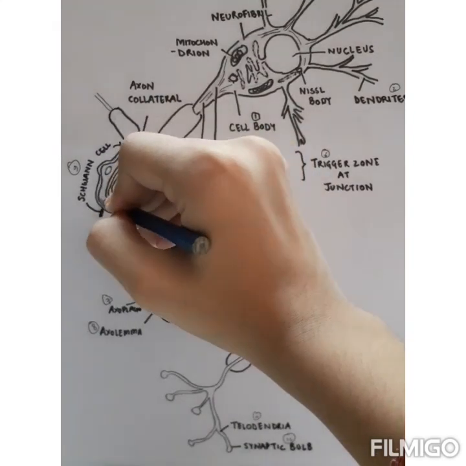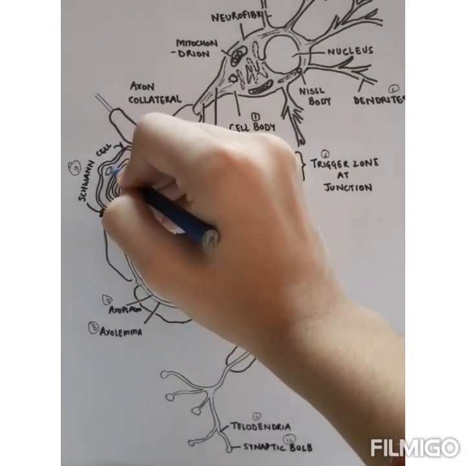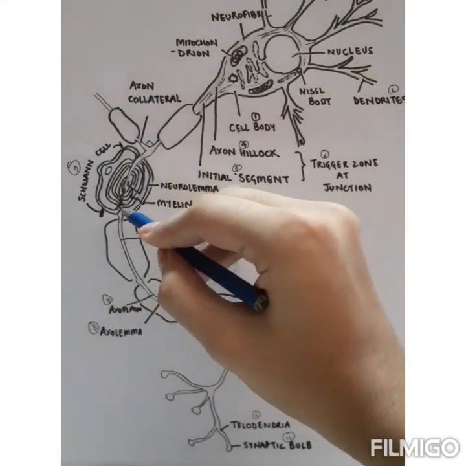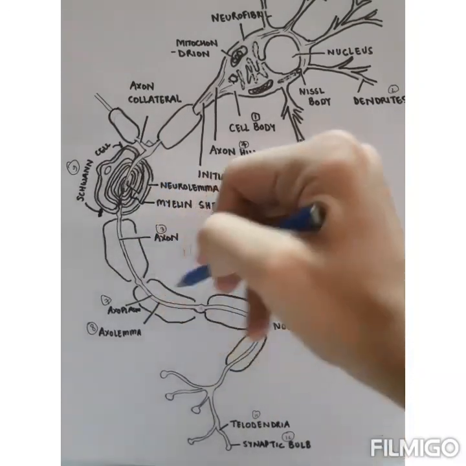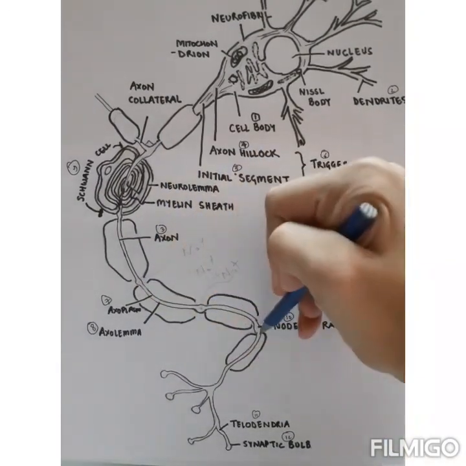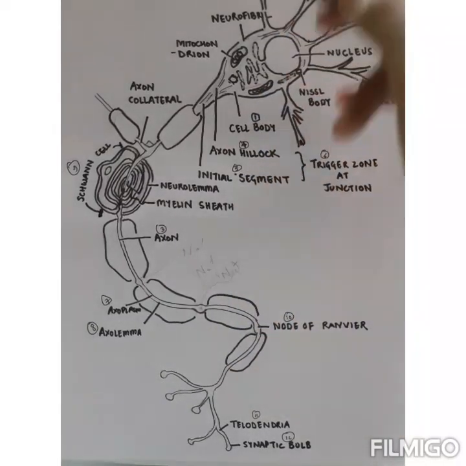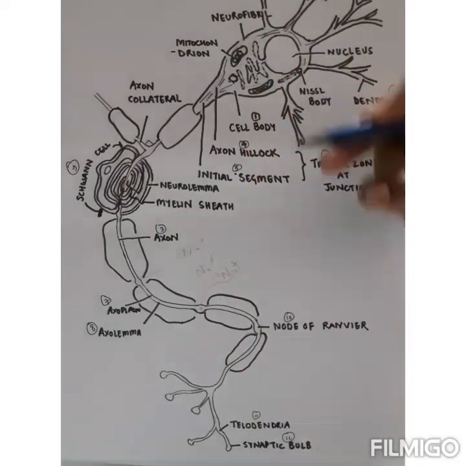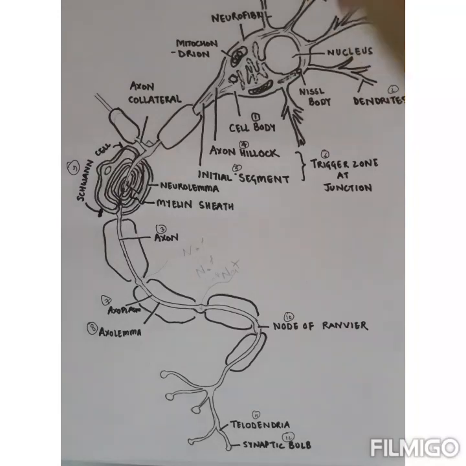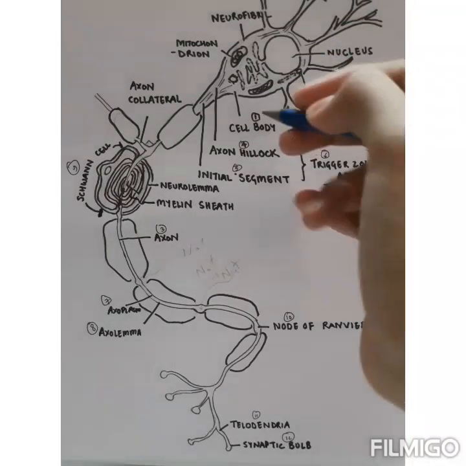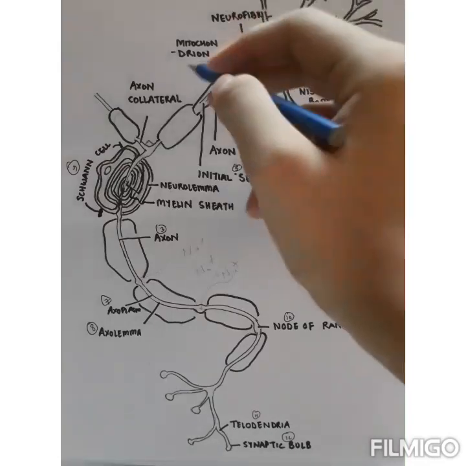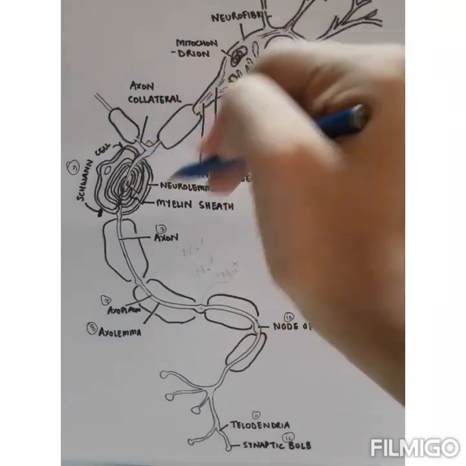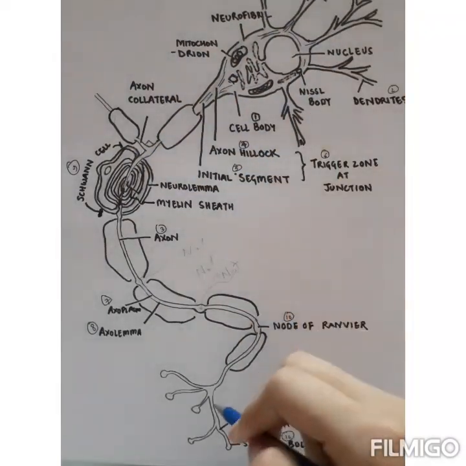the outermost layer, which consists of the cytoplasm and this nucleus, is called neurolemma. Now, as you can see, the myelin sheath does not cover the axon entirely. There are certain gaps, and we call these gaps nodes of Ranvier. It is at these gaps that the action potential gets regenerated. This regeneration of action potential is very important because it is not the same action potential that travels across the axon. Rather, it regenerates over and over again and reaches the axon terminal.